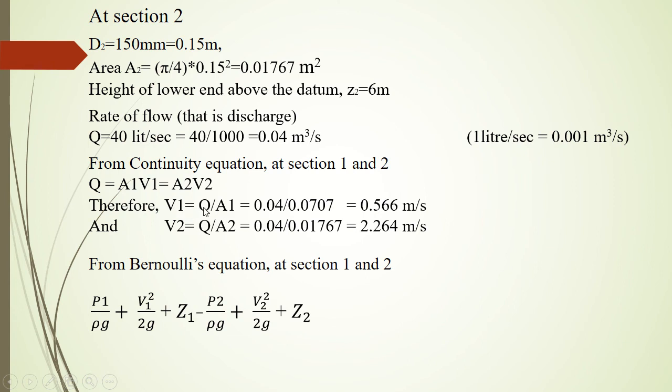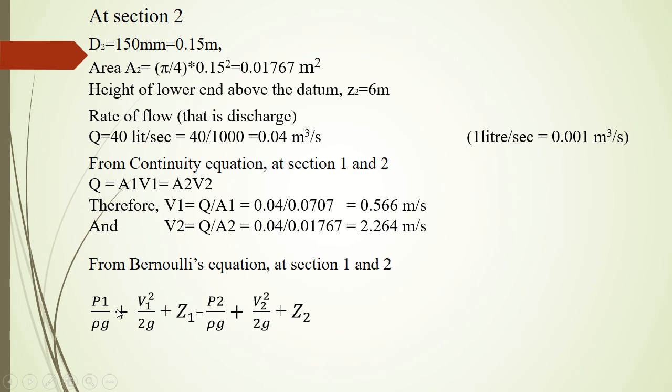So in that case it is going to be Q by A1. So Q is 0.04 divided by 0.0707. So V1 is 0.566 meter per second. And V2 is going to be Q by A2. So if you substitute the value, it is going to be 2.264 meter per second. Now I will make use of Bernoulli's equation and I will apply for the section 1